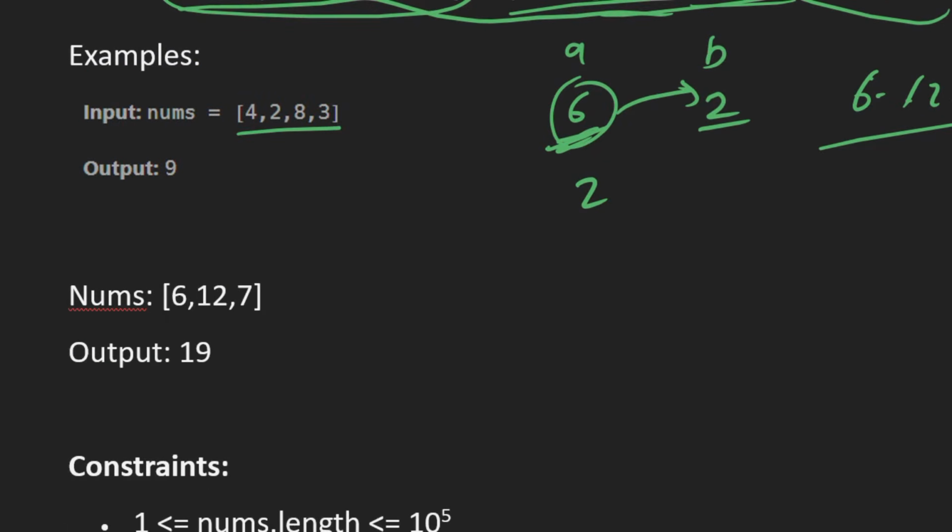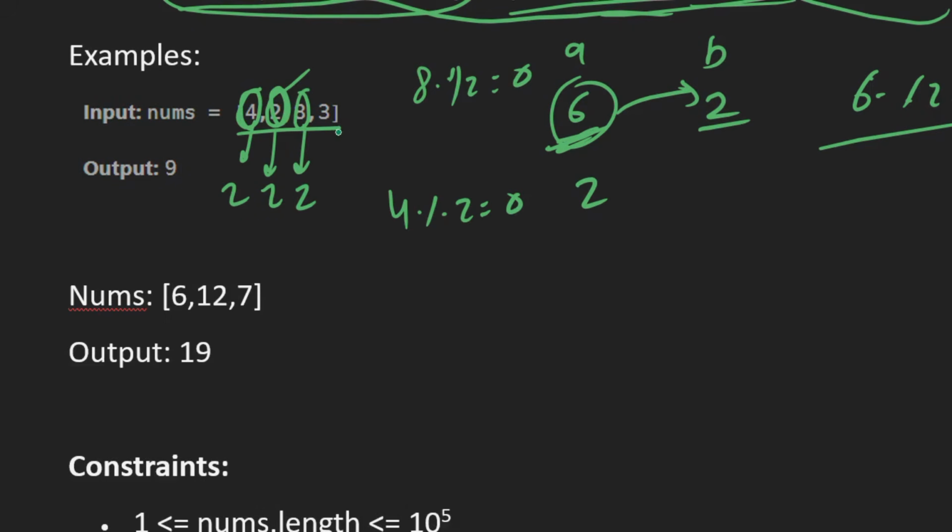So we are given 4 8 3. By which number can we divide 4? 4 can be divided by 2, as 4 modulo 2 is equal to 0. So we can replace 4 with 2. Is there any smaller number by which 2 is divisible? No, none of the numbers. So it will be 2 only. 8, is there any smaller number? Yes, 8 will be divisible by 2, as 8 modulo 2 is equal to 0. So again we can replace 8 by 2. 3 is not divisible by any of the numbers, so this will be our updated array. So the answer is 2 plus 2 plus 2 plus 3 is 9. So 9 is the sum of the array, right?